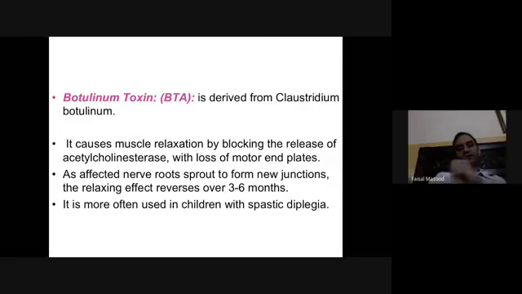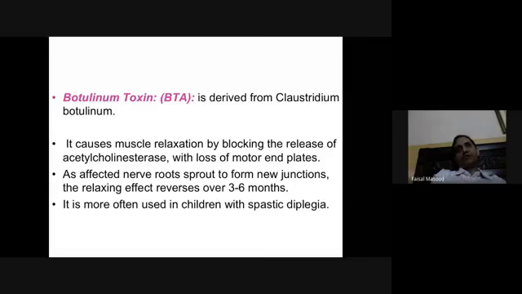Botulinum toxin into the muscle substance. Botulinum toxin is actually paralytic to the muscles. So this leads to temporary paralysis of the muscles which are spastic. It is given intramuscularly. It is produced from Clostridium botulinum